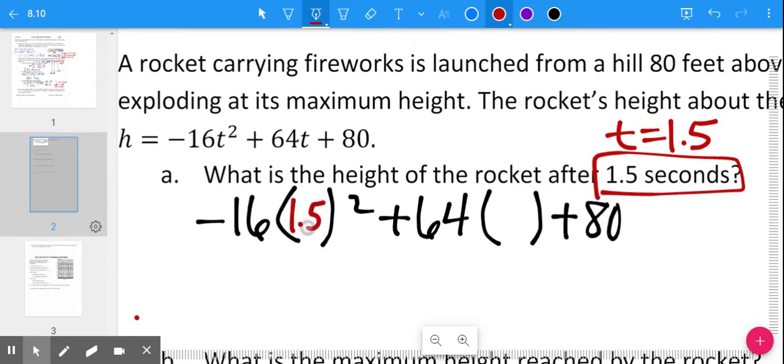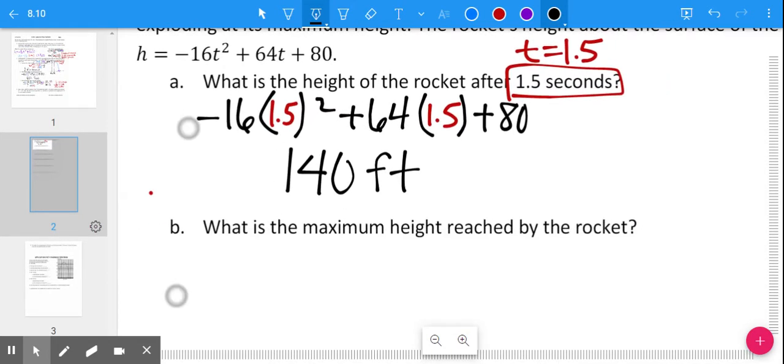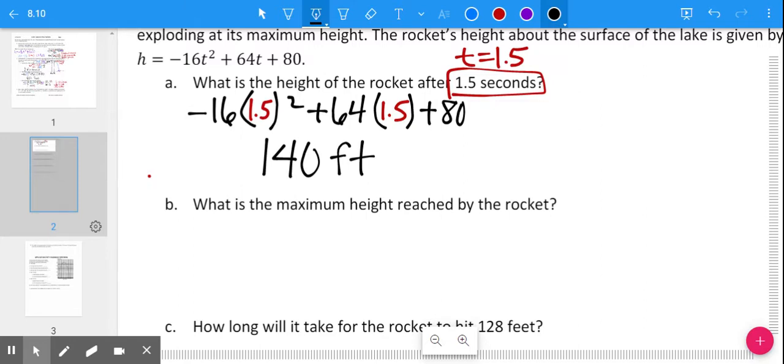a time of 1.5 seconds. And then you plug that in the calculator, you find out that at 1.5 seconds, the height will be 140 feet. So it says, what is the maximum height reached by the rocket? So we don't know how much time it takes to get there. And when finding the vertex, which is that maximum height,